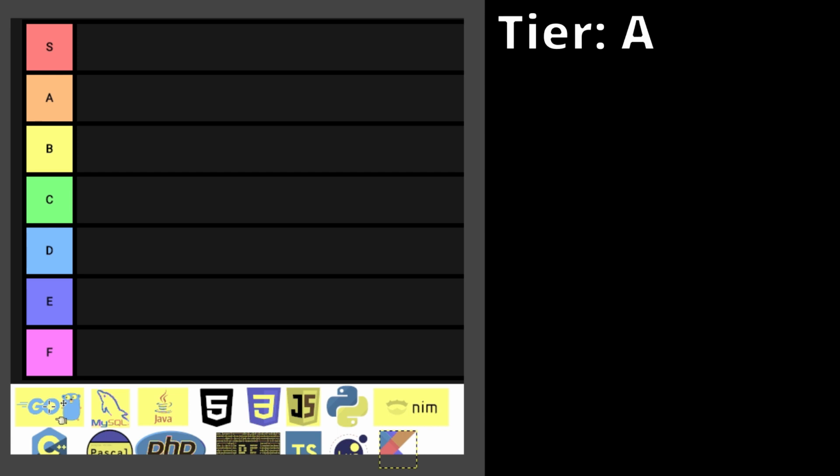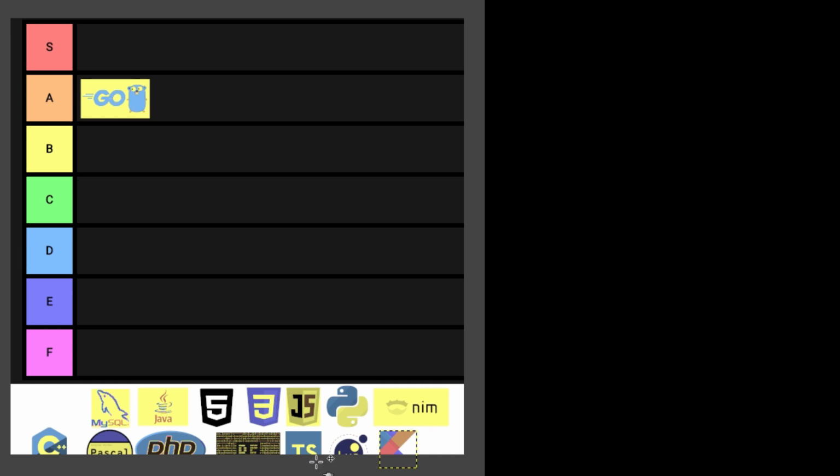As for popularity, Go is rapidly increasing in popularity, and for a good reason. It is somewhat easy to find answers to your questions, and the Go community, from what I've experienced, are very friendly and open to helping you if you have any trouble. And for my opinion, I love Go. I want to code more with it, and it is personally a great language. Thanks to all of this, we can rank it here in A tier. If it just wasn't so difficult thanks to the simplicity, I would have probably ranked this S tier.